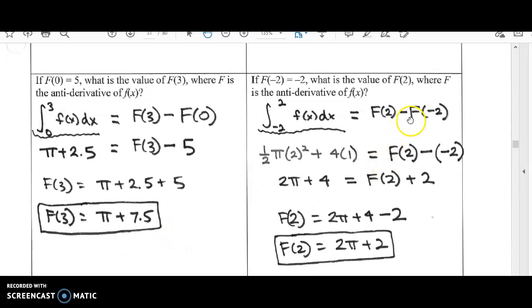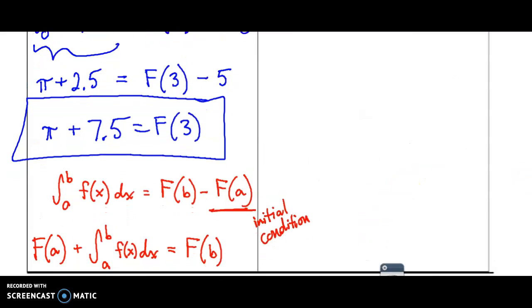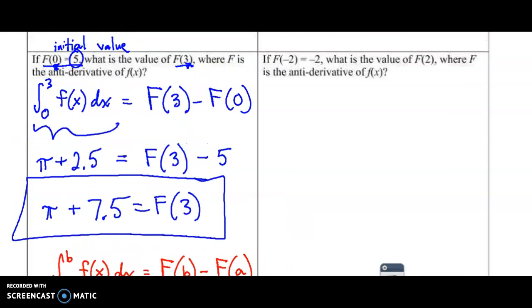Well, I might as well just kind of talk about this right here, but I'll show you the work as well. Really the same work with the initial condition. So let me skip this step and kind of do it with the red work I just showed you on the page. But you can see how the work is almost the same. The only difference is we haven't done the integral from -2 to 2 yet. So you can pause the video, you can understand it this way, or you can see how I'm about to do it. So I'm going to use this red formula I just wrote down,